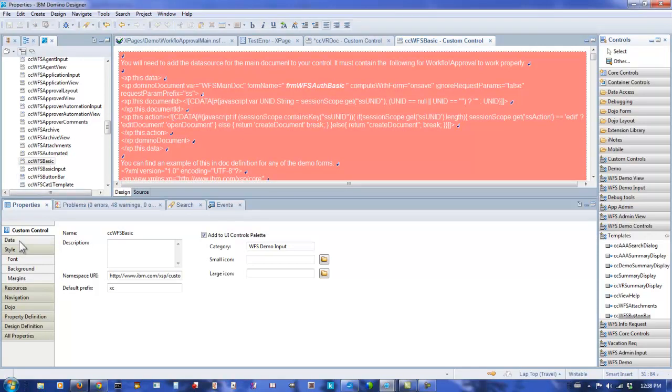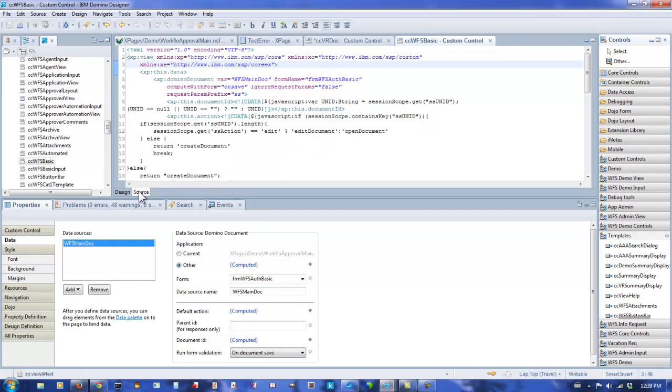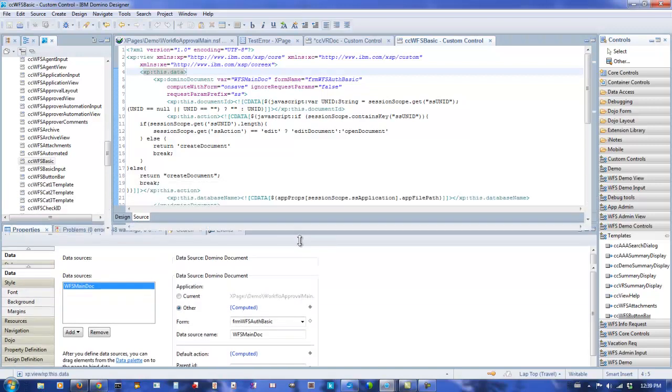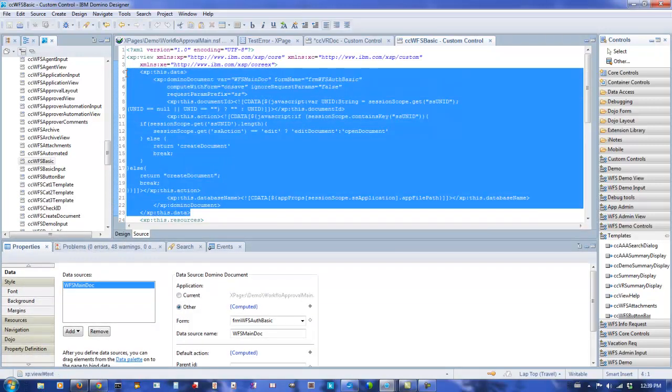But if I come to the data, it's got the definition in here. Easiest way to do this is just to go to the source, and here's this data, and it's got a bunch of stuff in there. It goes from there to there, okay? So I'm going to just copy that,